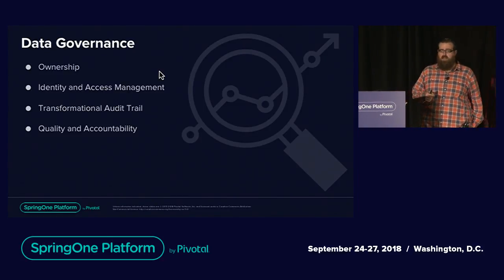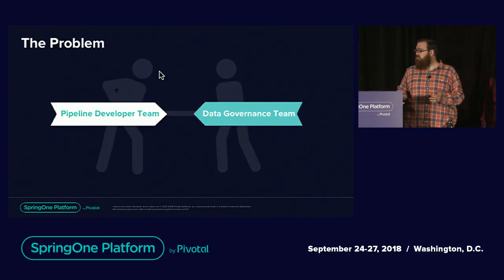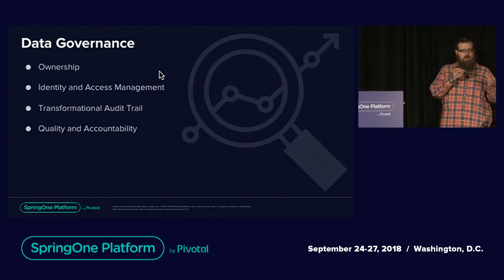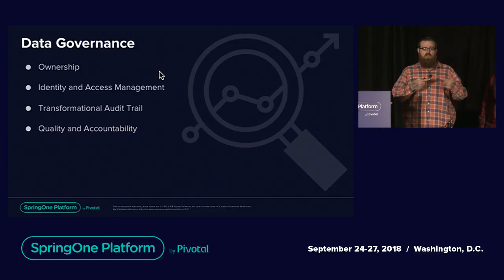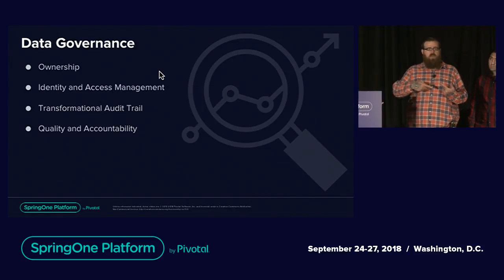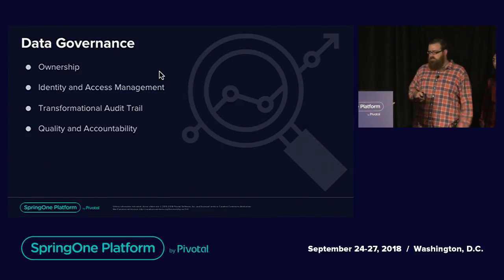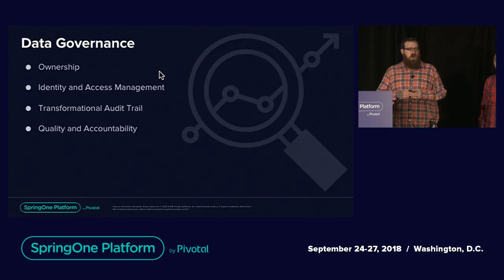If we're doing something like transformations with Kafka, then we have these individual Kafka topics that will hold transformed data throughout the lifetime of the pipeline. Well, who gets access to that? How can they use that data, right? Is the data even correct? Is the quality of the data good?